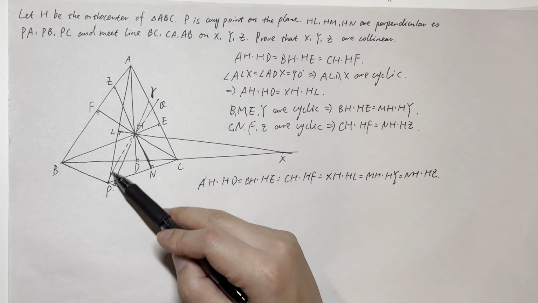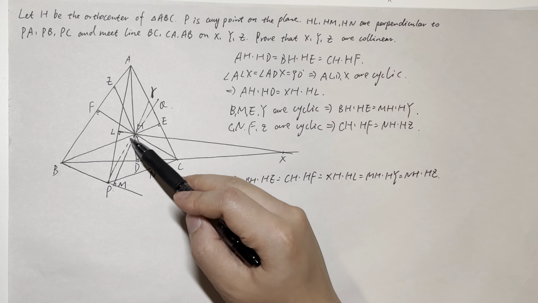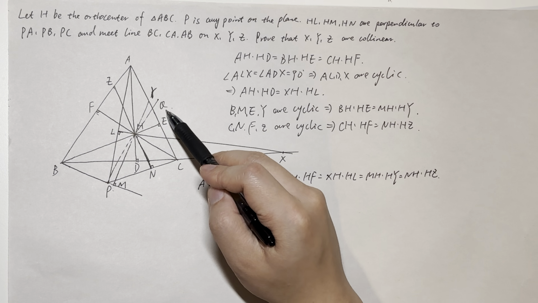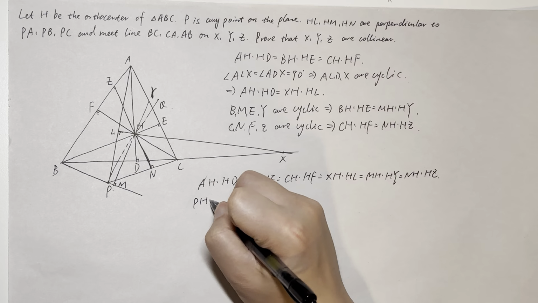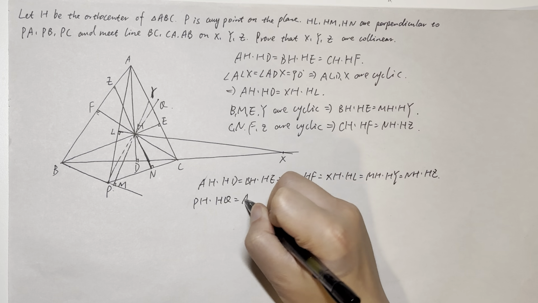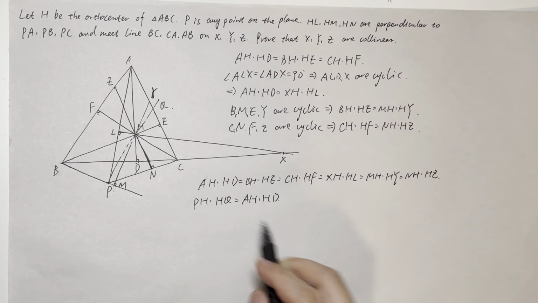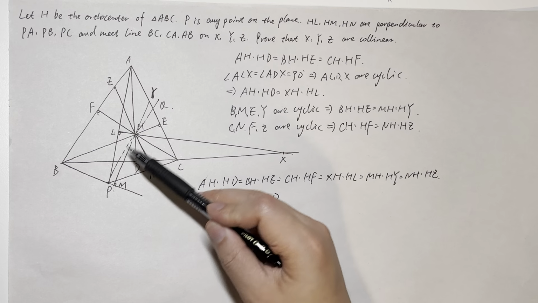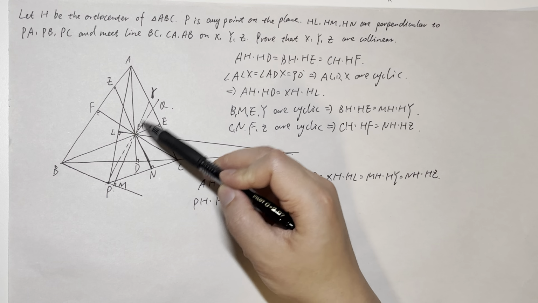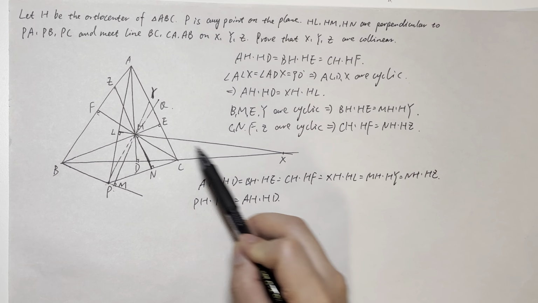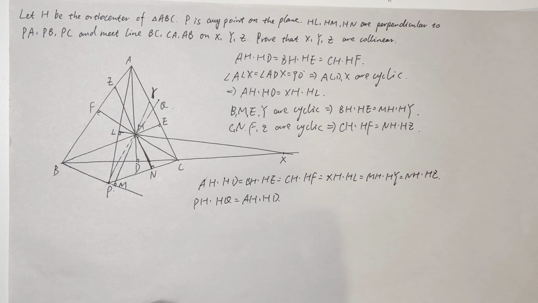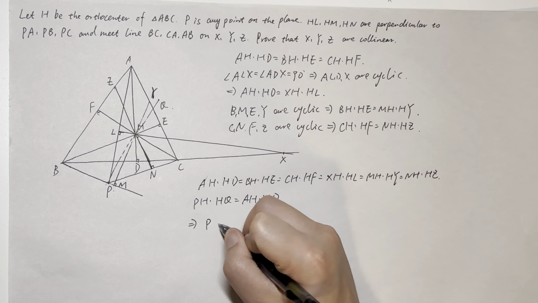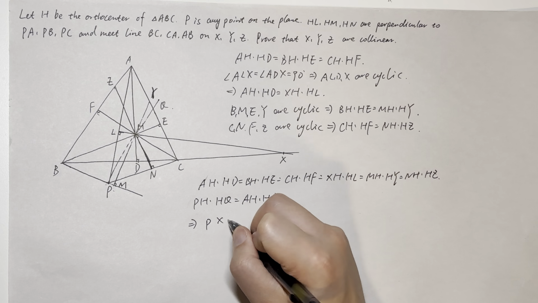So we connect PH and extend it to Q, so that PH times HQ equals AH times HD and equals all of the other terms, right? So that makes PH times HQ equals XH times HL, which means P, X, Q, L are cyclic,